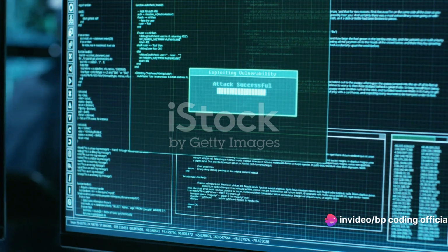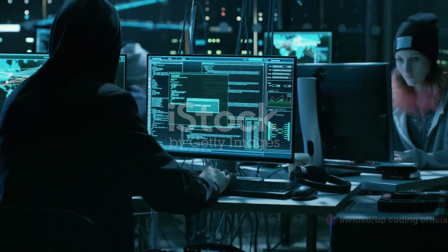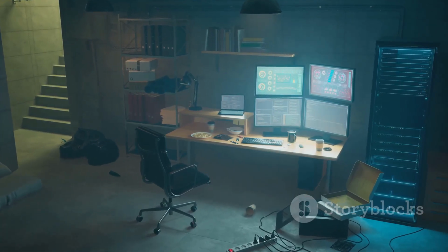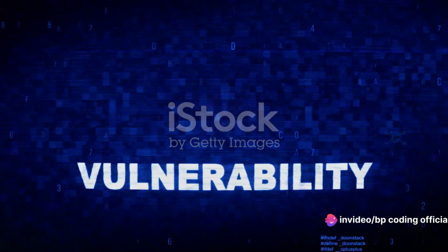Each Nessus report contains a wealth of information. Let's break it down. The vulnerabilities are sorted by severity level: critical, high, medium, and low. Critical vulnerabilities are the most severe and should be addressed immediately. Each vulnerability entry provides a brief description,